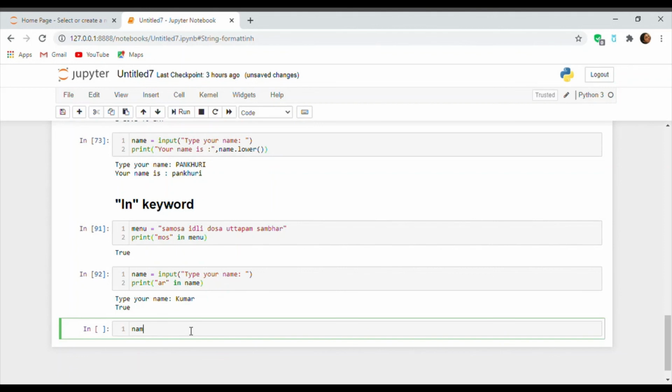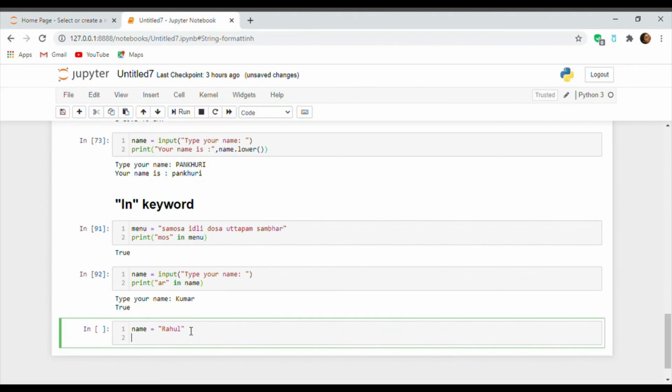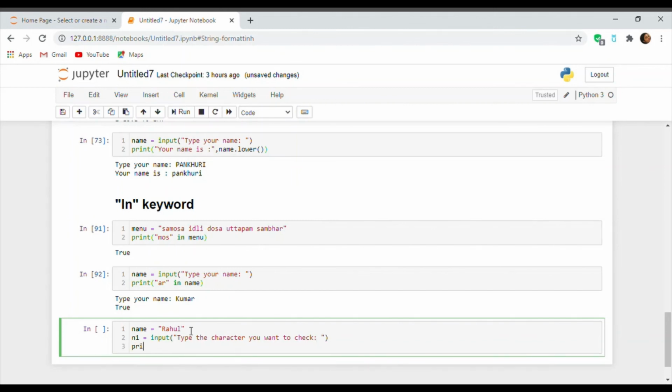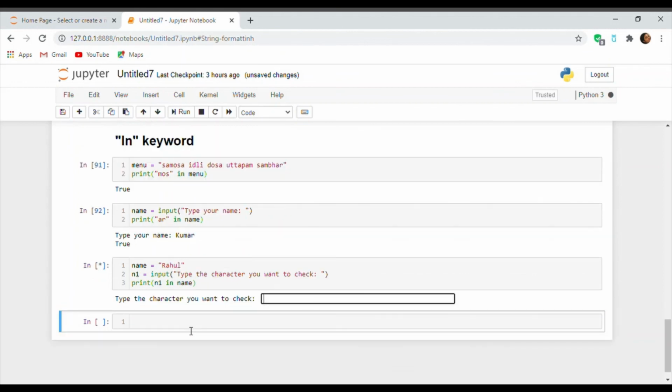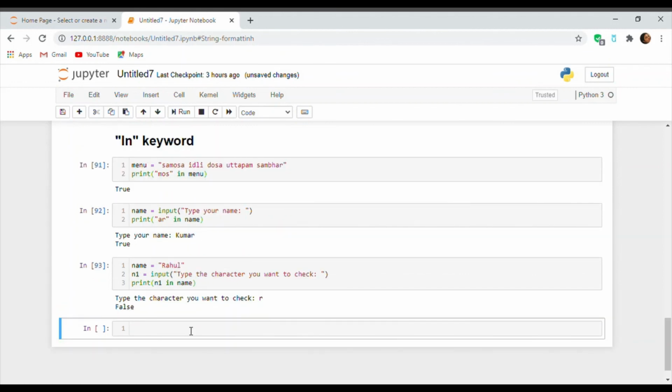Let us take another example. So here I have taken a variable called name and I have initialized this variable with the name Rahul.